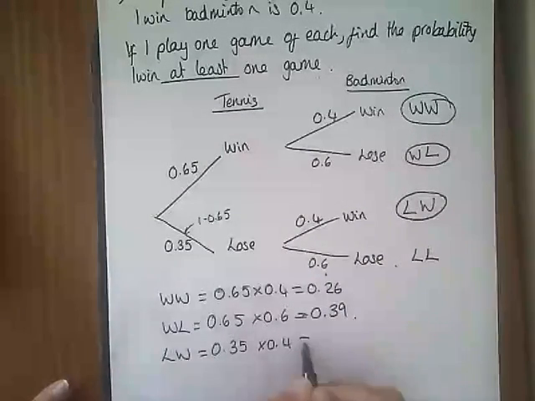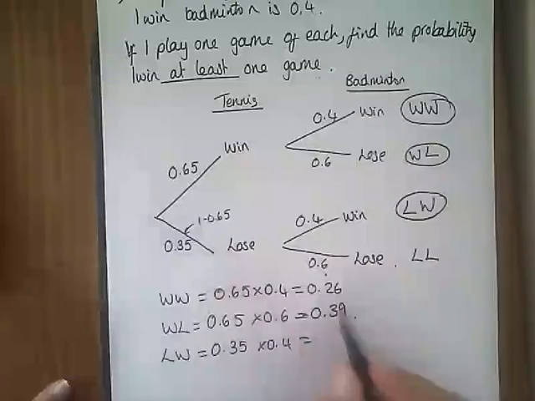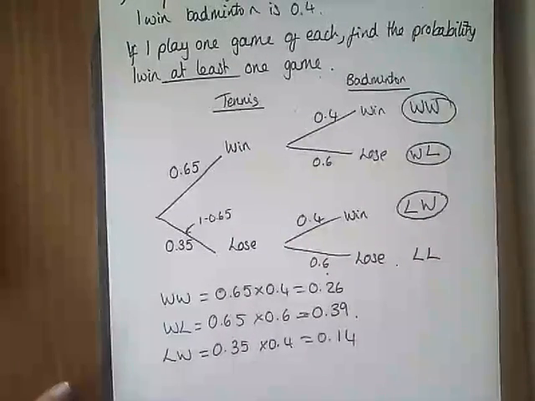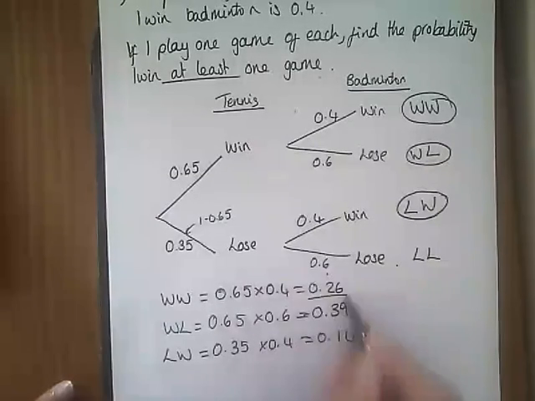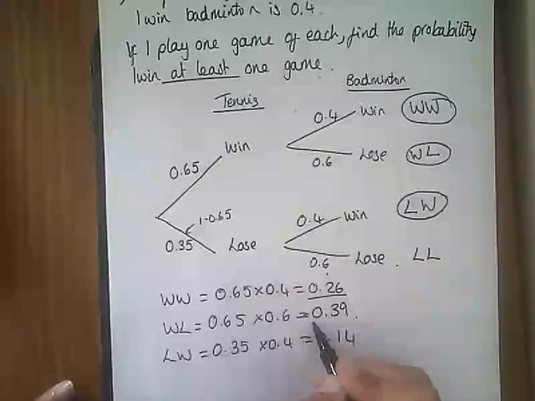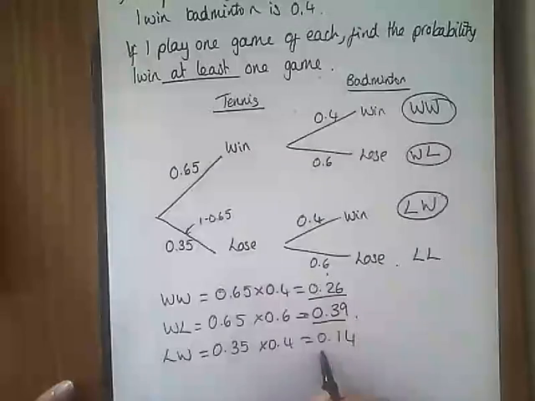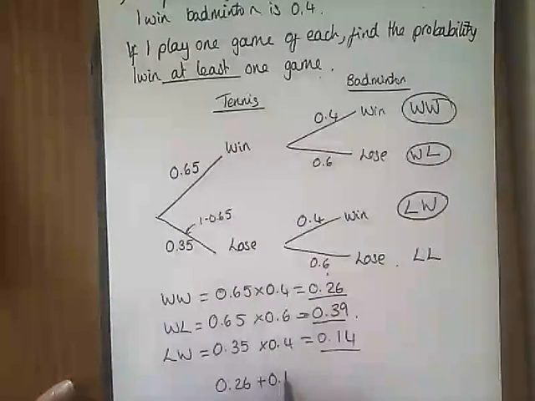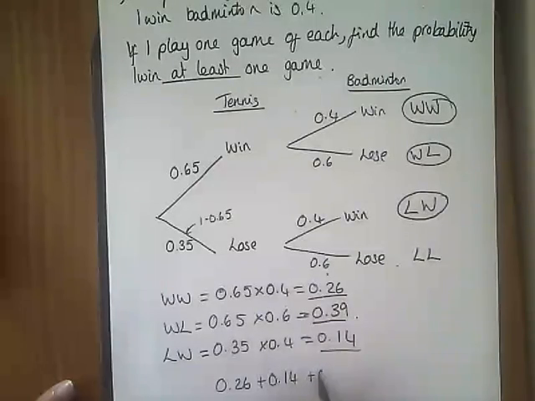And when you multiply those 2 together, you should get 0.14. So if I want to win at least one game, I either have to win both, or I have to win tennis and lose badminton, or I have to lose tennis and win badminton. So I'm then going to add those up, and when you add those up, 0.26 and 0.39 and 0.14, that will be